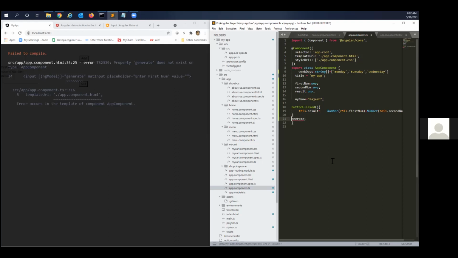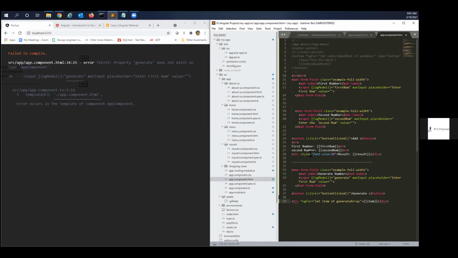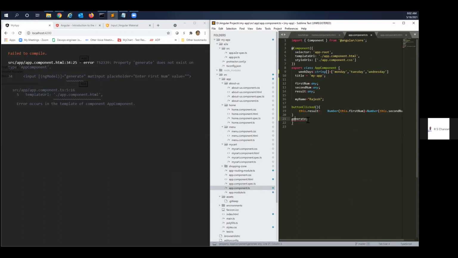Whatever you gave there, exactly it should be in the ngModel. And inside that, colon any, like how you have given in 12, 13, 14. The data type is any.